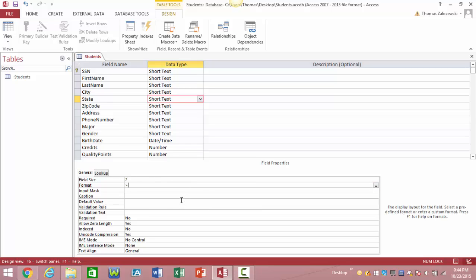Another thing we're going to do with the state field is under the format property, we're going to put a greater than sign, and by doing that it's automatically going to capitalize both characters in the state abbreviation. The other thing I want to do is put a default value here for state, because I'm going to assume that our example has to do with Oakland Community College, so the majority of our students are going to come from Michigan,